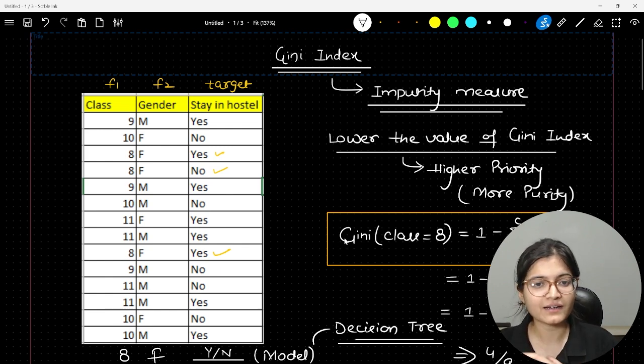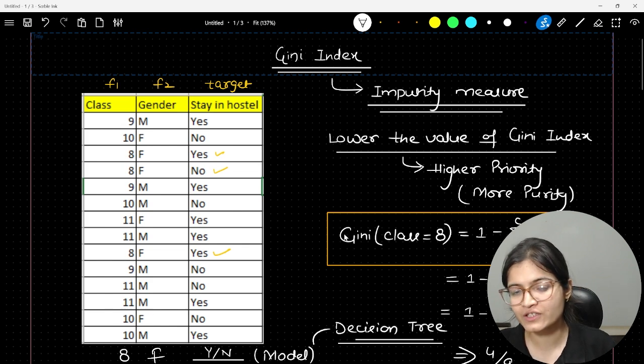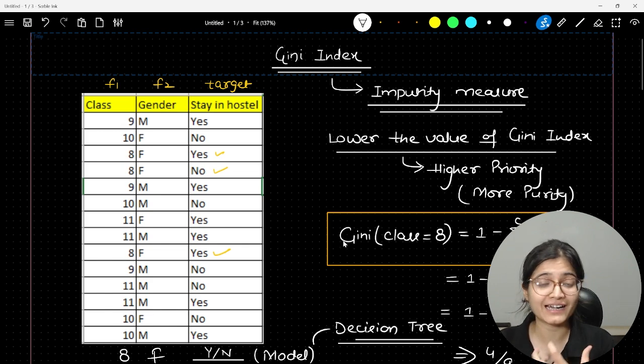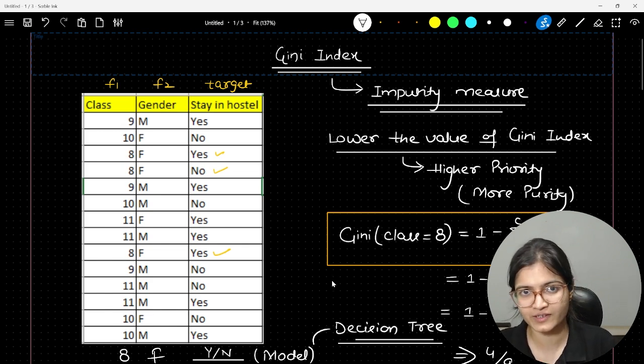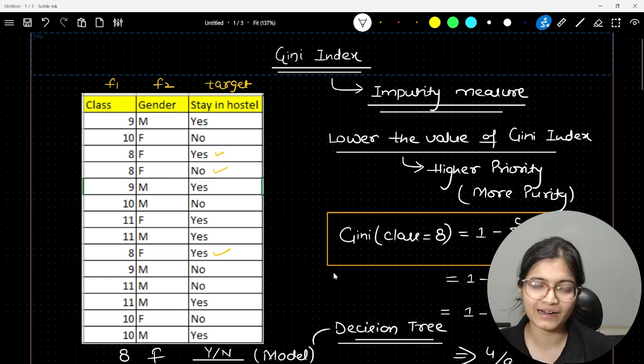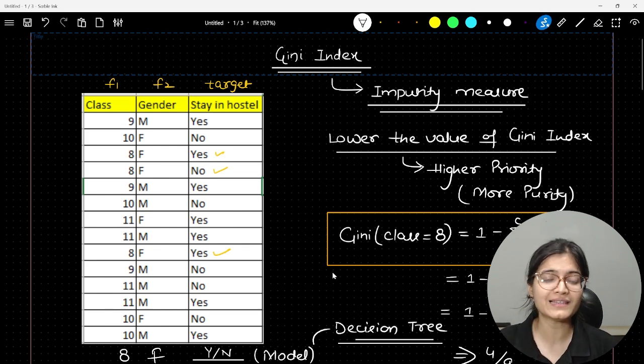Because these are, I would say, the main players of decision tree, without which you won't be able to answer any of the interview questions, without which you won't be able to understand the further concepts of random forest as well. So please make sure you get a complete understanding of this Gini index, whatever things I have covered so far, with the help of this example. So now I hope that you will be able to get a clear-cut idea about how a decision tree is done.